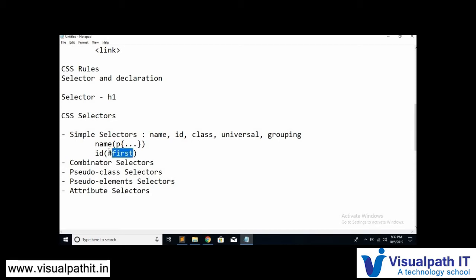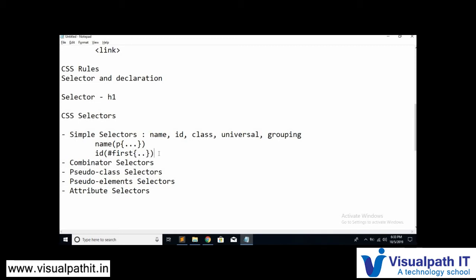And now when it comes to the ID selector, this means that some element will be given an ID name inside the attribute id. So in such a place, we will make use of this selector. For example, the P tag is given an ID as first. To access or give some properties to that tag, we will make use of the ID, also known as the ID selector. For that, we'll first write the special character, the hash, followed by the ID name. Then it will be the same: inside the curly braces, we'll write the property.